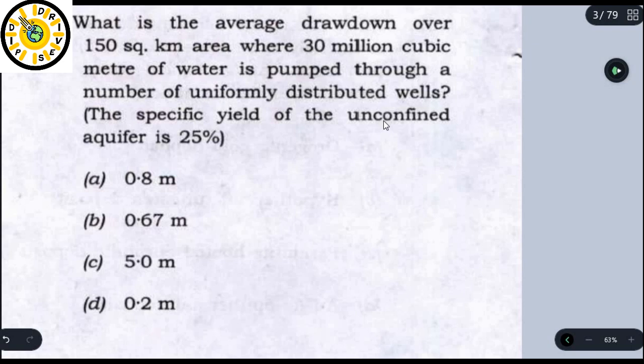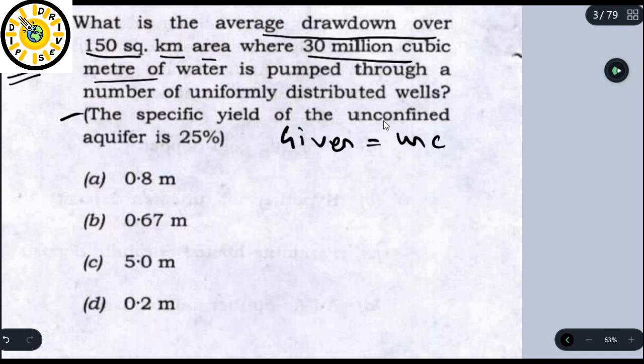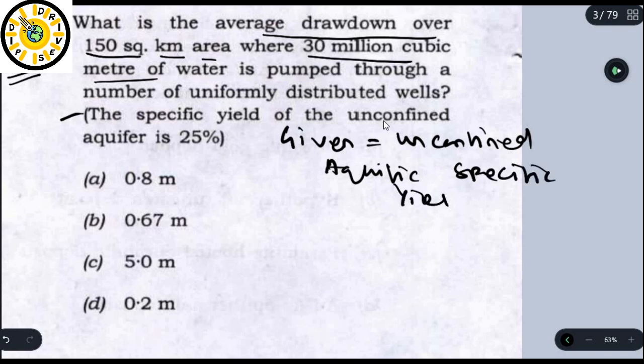So this is question 109. Okay. So here it is asking: what is the average drawdown over a 150 square kilometer area where 30 million cubic meter of water is pumped through a number of uniformly distributed wells? ठीक है, and given is the specific yield of the unconfined aquifer. So specific yield दिया हुआ है, ठीक है, 25%, that means